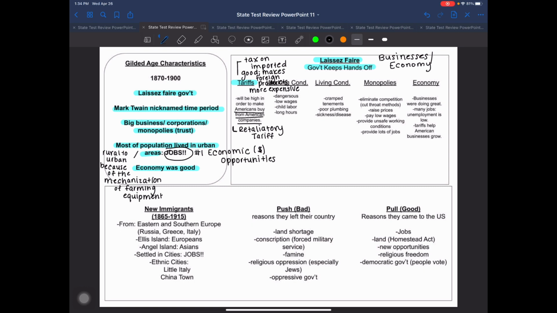All right. The next one, kind of right over it, but you can still see it, is working conditions. Working conditions are extremely dangerous. There's no safety codes in place. The only reason we have safety codes in businesses and in industries and factories today is because the government is no longer hands off. They have actually made certain safety procedures, certain clothes and hard hats and steel-toed boots, safety goggles and things. All of those have been put in place by the government. But back during the Gilded Age, when the government was hands off, none of those were in effect, which means working conditions were very dangerous.